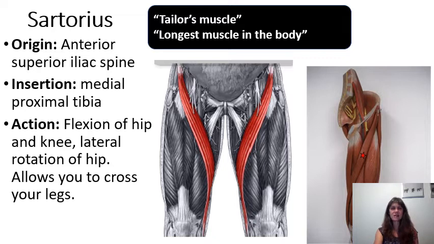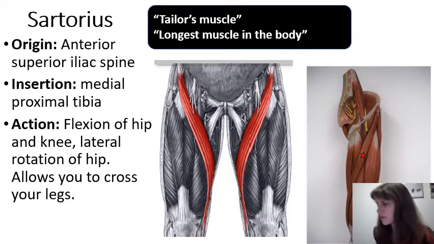Sartorius is the longest muscle in the human body. It originates at the anterior superior iliac spine and inserts all the way down on the medial aspect of the proximal tibia. The sartorius muscle is sometimes referred to as the tailor's muscle because years ago when men would go